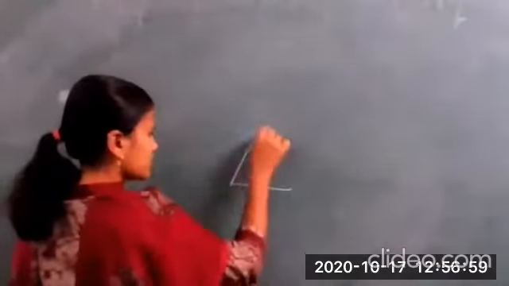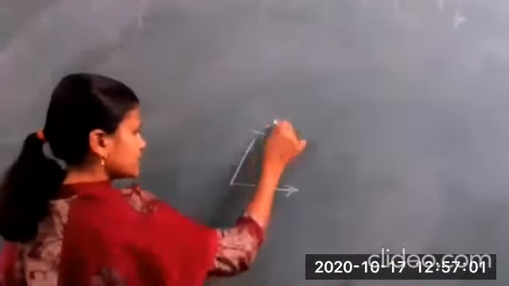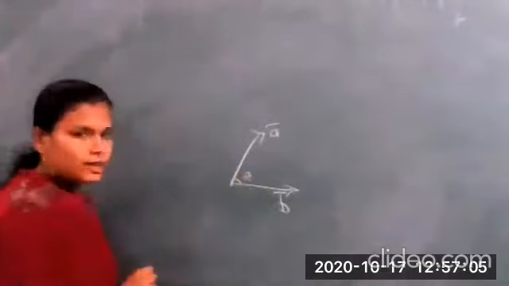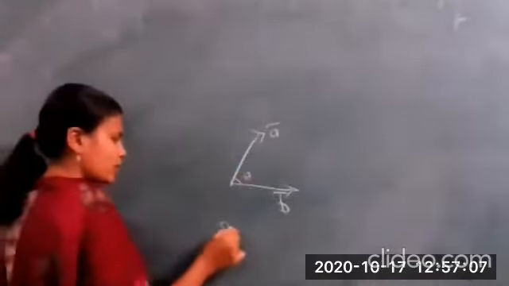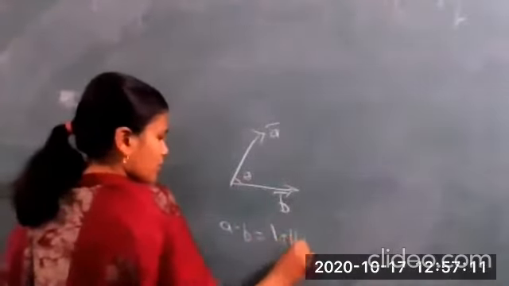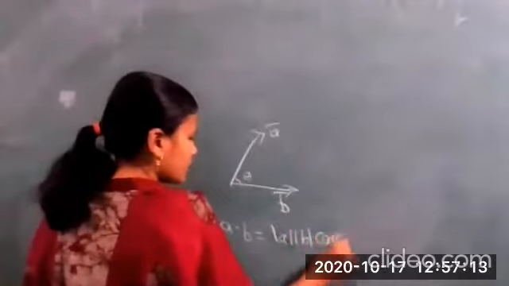Okay. So in the last lecture we have seen what is an inner product. Before going to inner product, we must know what is a dot product. Suppose A and B are any two vectors. Say this is A bar and this is B bar, and theta is the angle between them. So how are you going to write A dot B? It is nothing but mod A mod B cos theta.